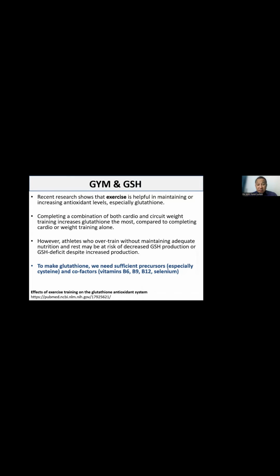Then you suffer from oxidative stress and excess inflammation. Studies show that exercise is helpful in maintaining or increasing antioxidant levels, especially glutathione. Completing a combination of both cardio and circuit weight training increases glutathione the most, compared to completing diet or weight training alone. Okay, that means you do both. By the way,